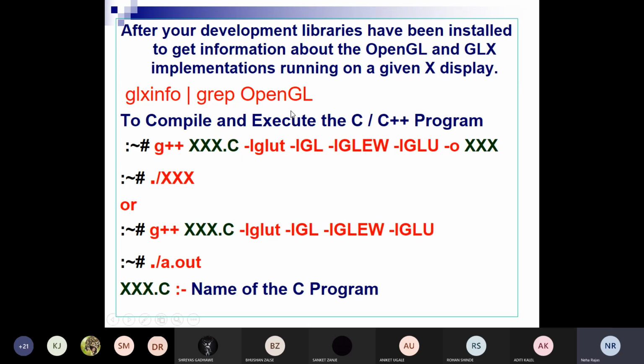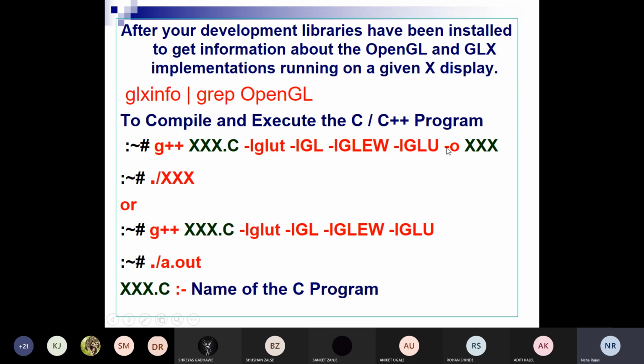But for OpenGL, you have to write -lglut. This is L, not I or anything else. This is GLUT. What is UT? I will explain in today's lecture. Then -lGL, then -lGLEW and -lGLU.